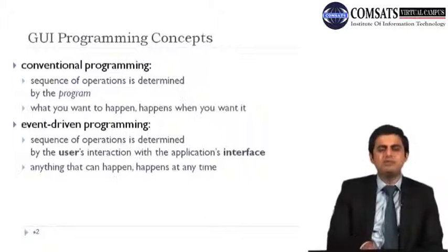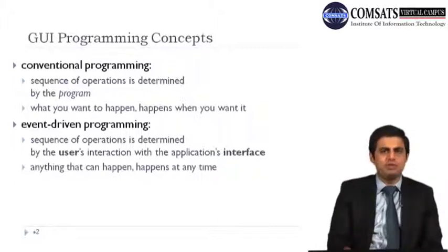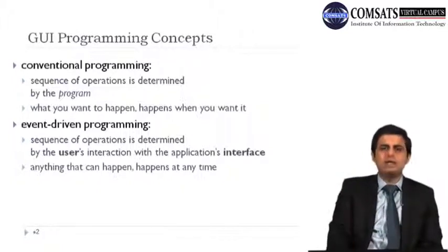But in event-driven programming, you give the control to the framework. You tell it what kind of events you want in your system and where you want them, and you don't have to code those events. You just inform the framework that at a particular occasion or particular kind of event, there should be execution of a particular code. For example, if you have put a button in your program,